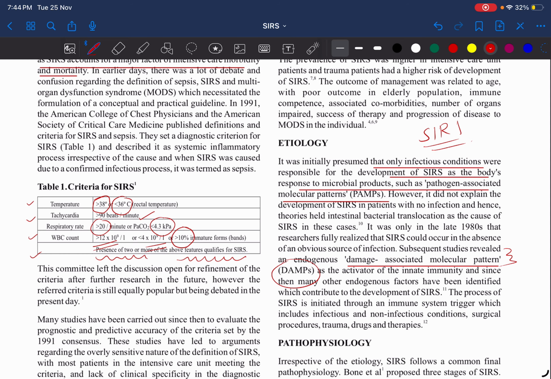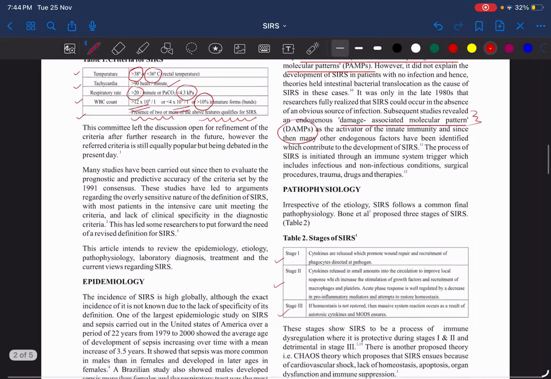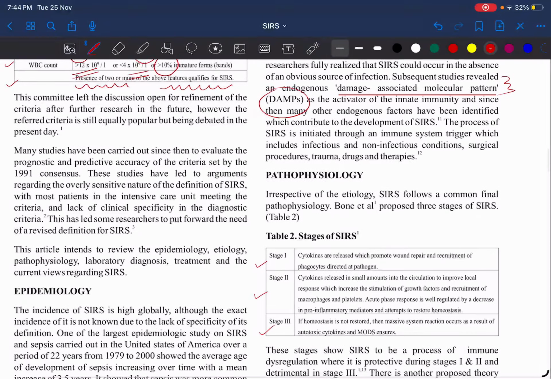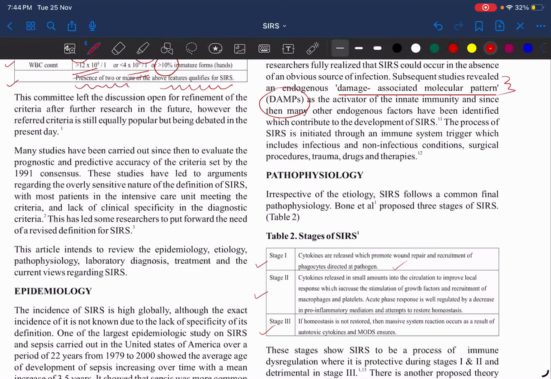Coming to the pathophysiology, there are three stages of SIRS. Number one, cytokines are released that will promote wound repair and recruitment of phagocytes directed at the pathogen. Number two, the cytokines will be released in small amounts in the circulation, which will increase the local response and stimulate the growth factors. What is that? Platelet-derived growth factors that cause recruitment of macrophages. And there also will be,